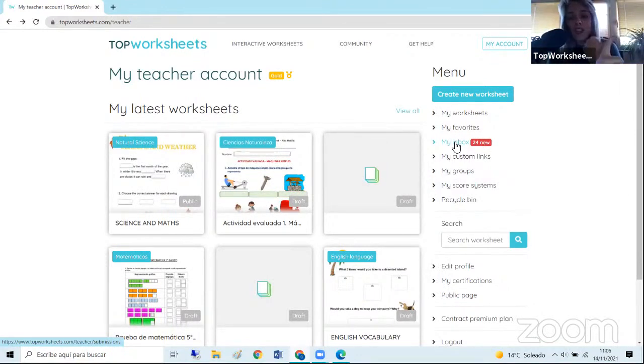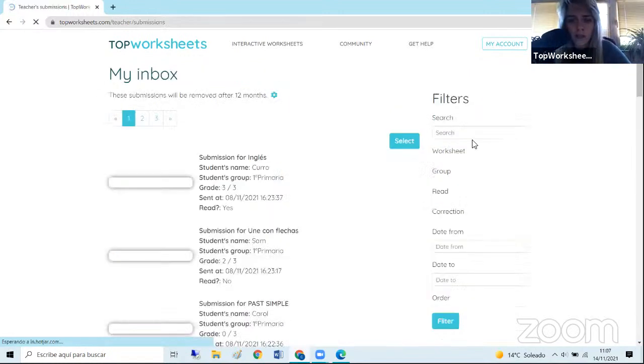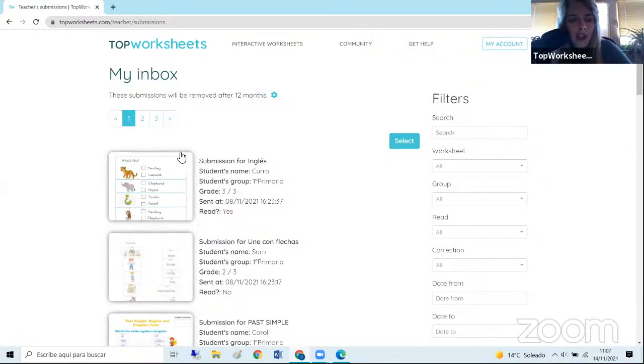The first one, you create the worksheet. The second, you share it with your student. And the third one, when the student has done the worksheet, is the process of reciting it. So when the student has answered it, it will automatically be sent to your inbox. So you just have to click. And here would be all the submissions from your